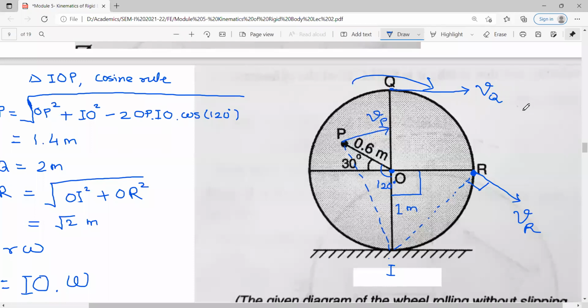So VQ का जो angle है, the angle of VQ is 0. So ये हमारा reference है. So velocity of point Q is along the reference itself. Then what is the angle of velocity of point P? Point P का जो velocity है, how much angle it is making with horizontal? तो यहाँ पे एक horizontal बनाओ आप ऐसे. ये horizontal है, कितना angle बना रहा है ये? Velocity of point P. देखो कितना बना रहा है ये.